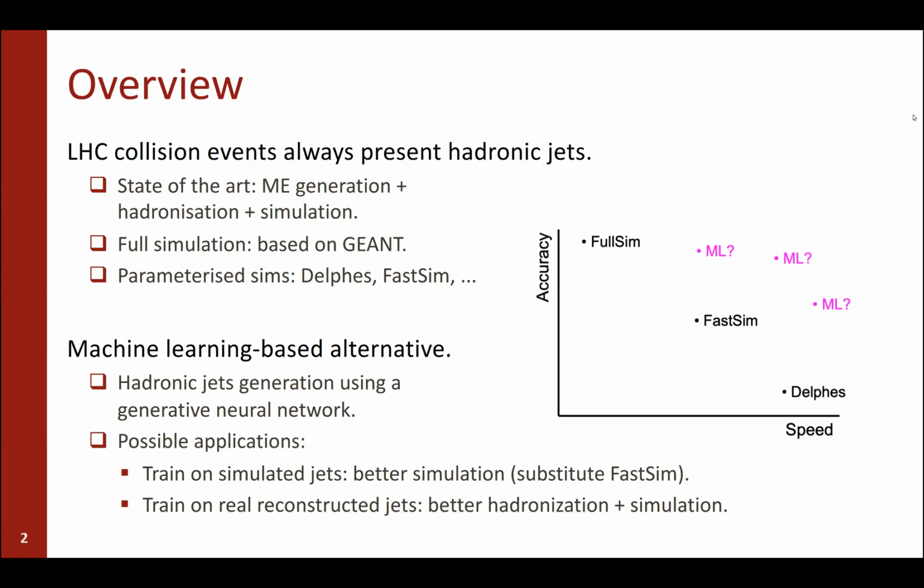So the proposal here is to do the generation of hadronic jets using a generative neural network. And there are many possible applications to this depending on what you want to train on. For instance, if you train on simulated jets, then you can learn better simulation. And in principle, you can substitute fast simulation. But if you want to dream at a higher level, you can train on real reconstructed jets and make the network learn the whole thing, better hadronization, better simulation. Heaven's the limit, right? So in the next slide,